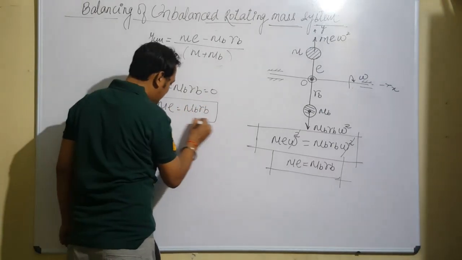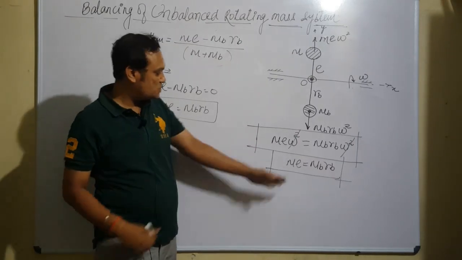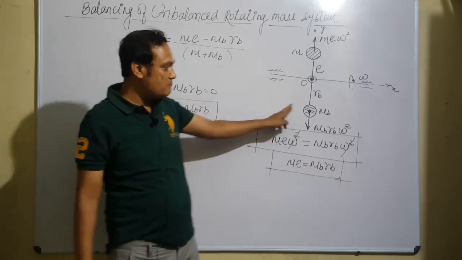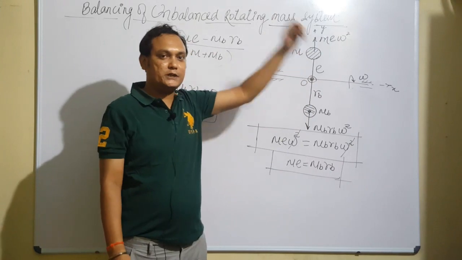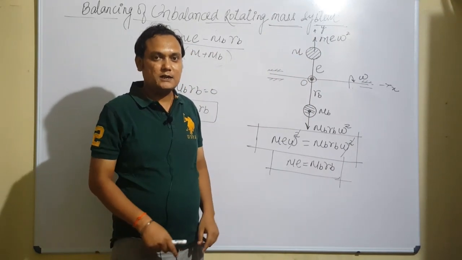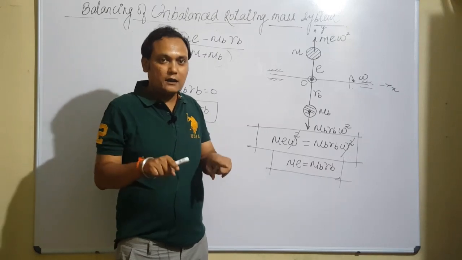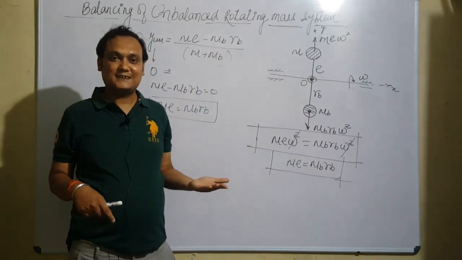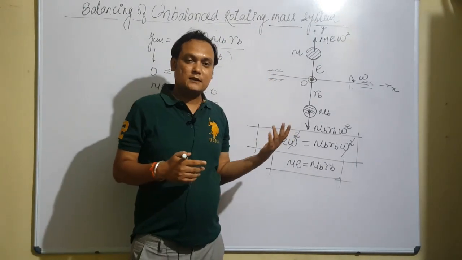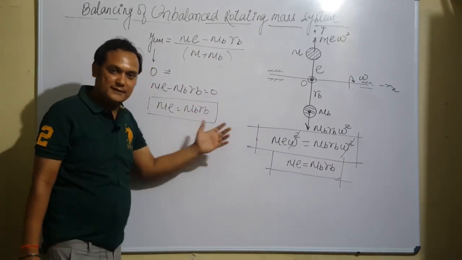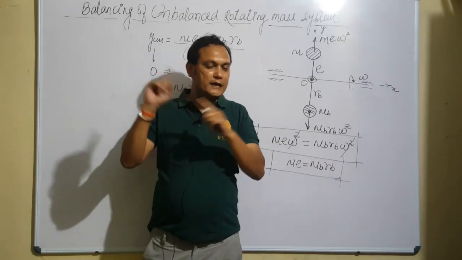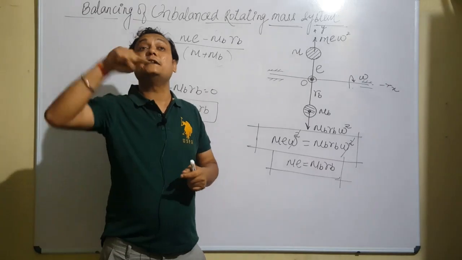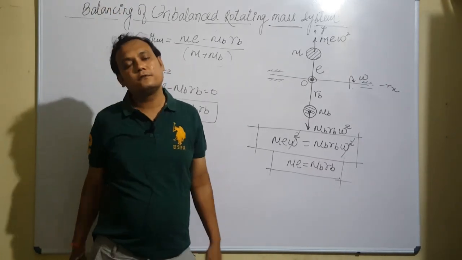Arey baba, ye kya? This is same as this. Now it explains that what exactly you have done by attaching this balancing mass 180 degree opposite to the unbalanced mass is nothing but effectively you again bring the center of mass of the system to the axis of rotation, and this is how your system is balanced. But okay, I hope this explanation is clear. So what we have done exactly by attaching the balancing masses to the system, we again pull back the center of mass which was deviated from the axis of rotation again to the axis of rotation.